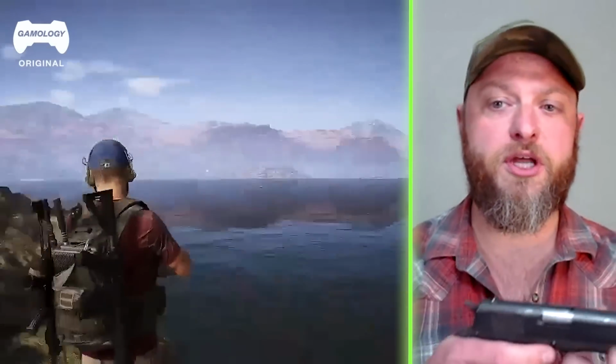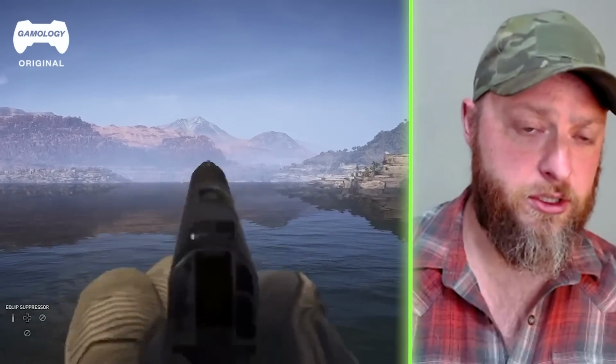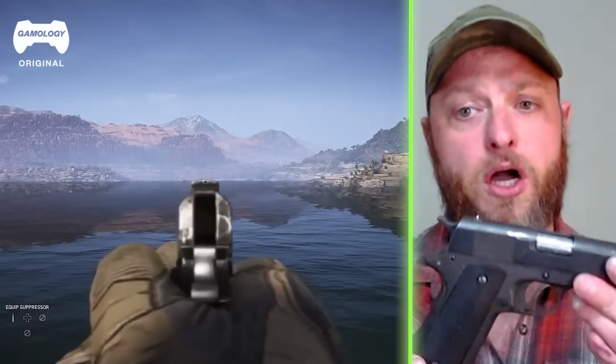Both World Wars, Vietnam, parts of Desert Storm. Up until even very, very recently, this was still used. A modernized version of this was still used in certain special operations units in the military. So I believe this is the longest serving firearm in military history. It's hard to beat. Yeah, there were a couple of guys in SF when I was over in Iraq that